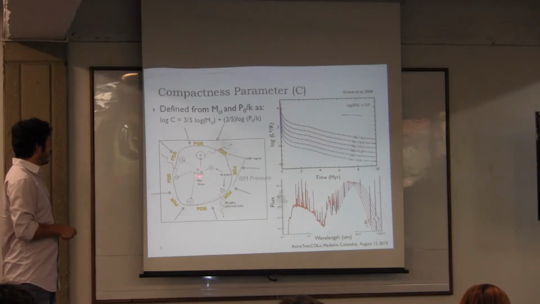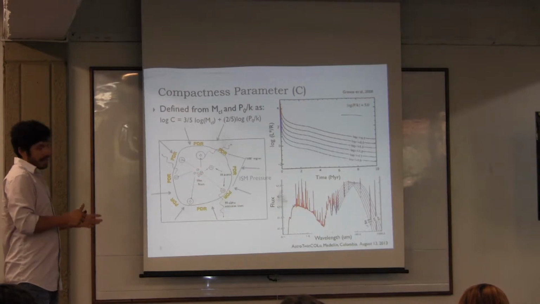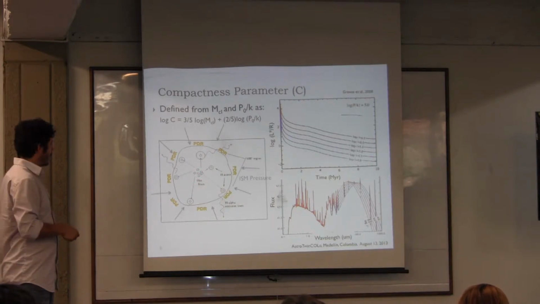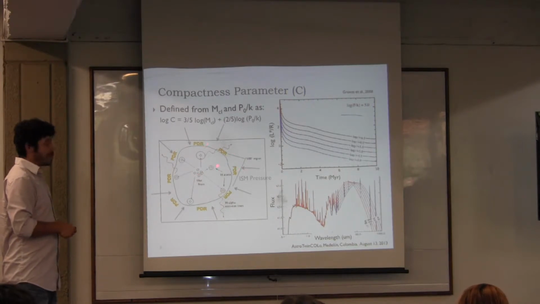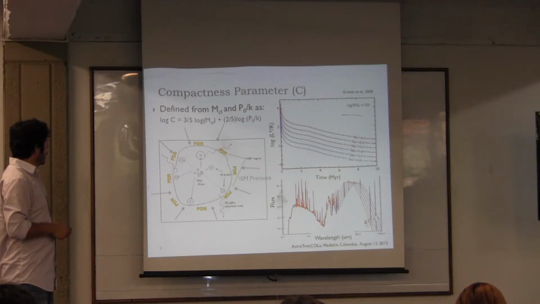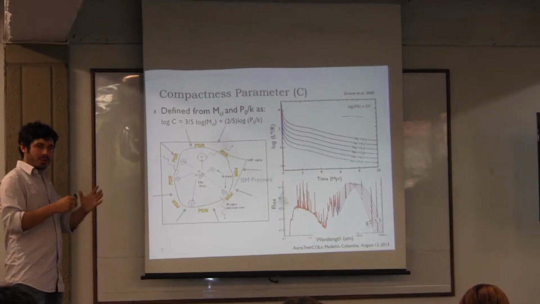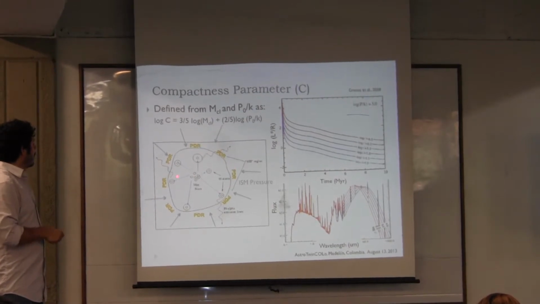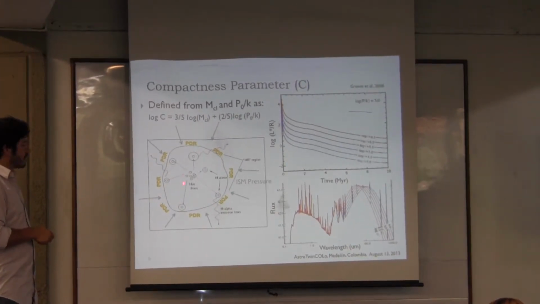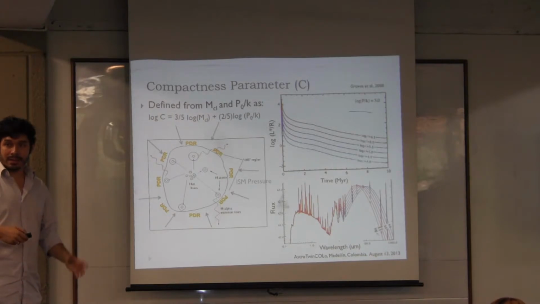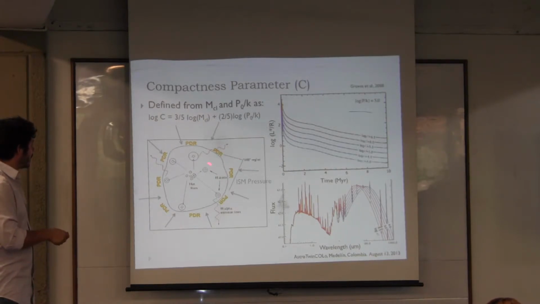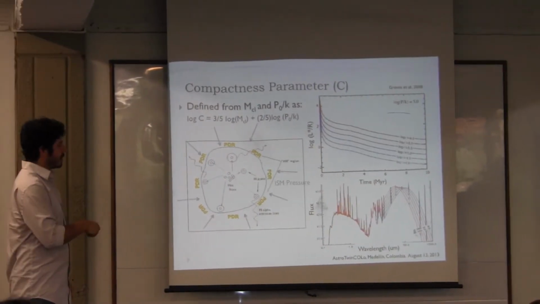So you have a battle between the radiation from this massive cluster, and hence its mass, because the more massive the cluster, the more it emits, that tries to expand the H II region, and the ISM pressure that tries to confine it. So the compactness has to do with that battle. It's telling you how, in the balance of those two forces, at the end of the war, how close dust is to the stars, and so how hot this dust is, because if the ISM pressure manages to confine it to very short distances, then you have hotter dust, and as it goes far away, it gets colder and colder.